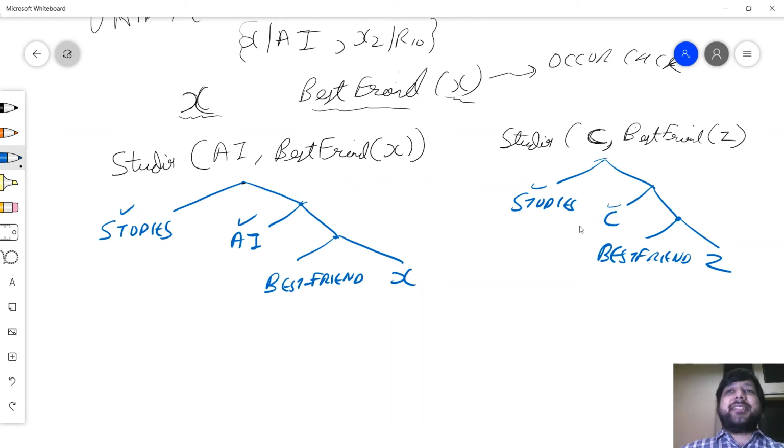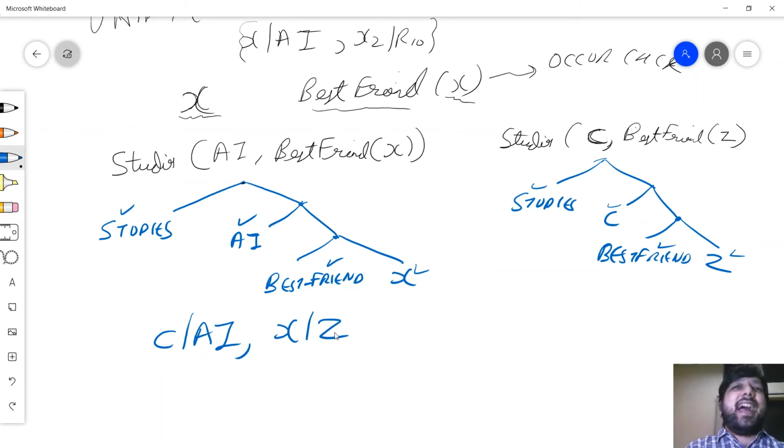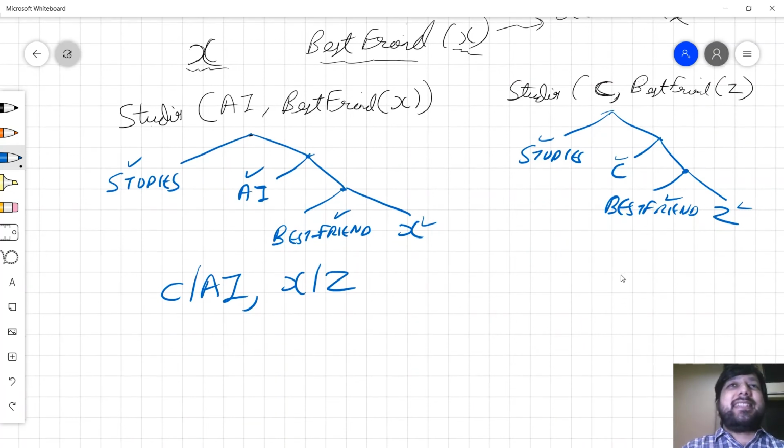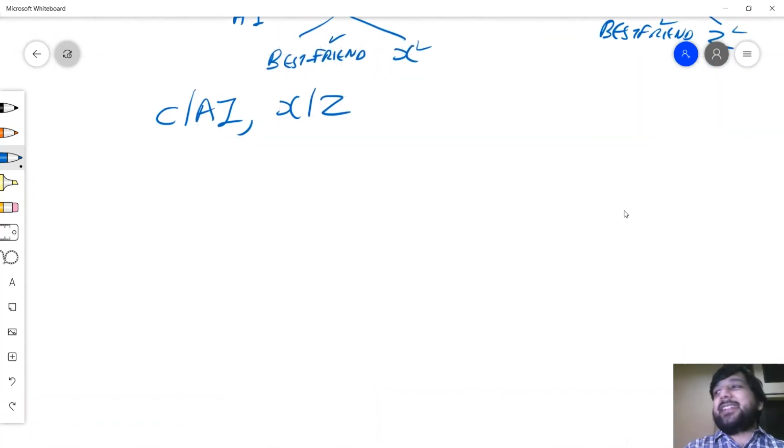Anyhow, so I go about saying that studies exactly match. AI can match with C by C as AI. Wonderful. Best friend matches, and X and Z, so I can have X and Z, and that's exactly what my algorithm will be doing. And no surprise, you go in a typical depth first search manner.